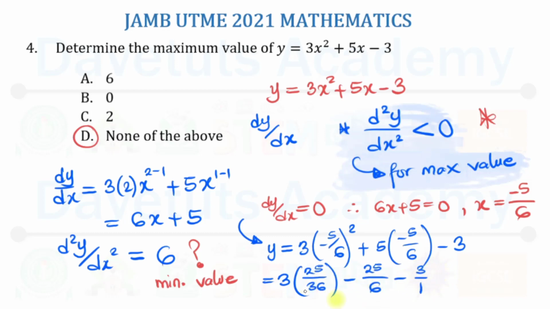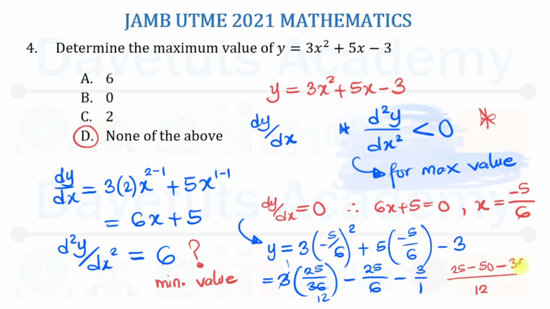Now look at this. Even before you try to solve, we can have 3 here, 12 here. We have 25 over 12, and you can just do a rough. Quickly, you can also put all of these over 12 so that your work will be fast. You're having 25 over 12, minus, now 6 in 12 is 2, 2 times 25 is 50, then minus 1 in 12 is 12, 12